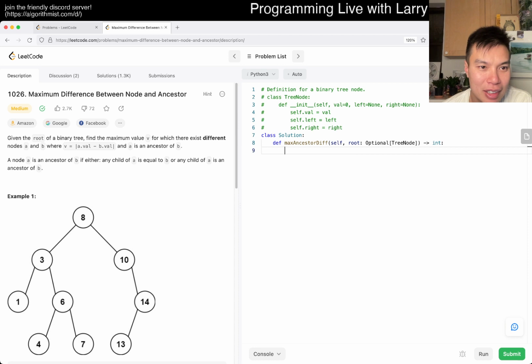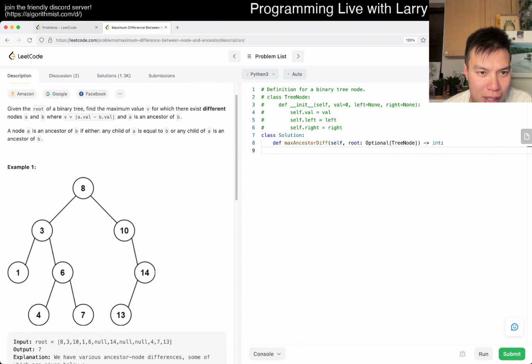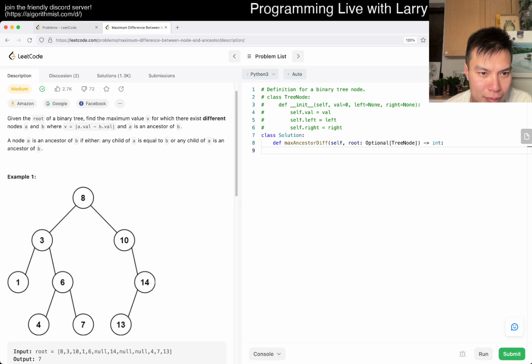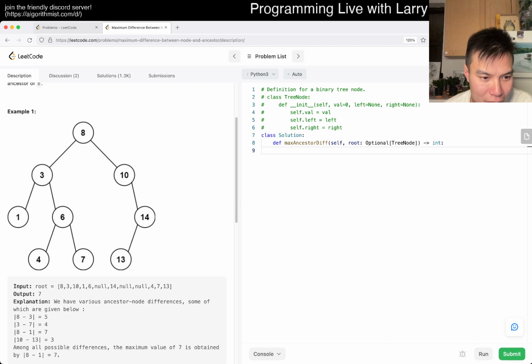What are we doing? Maximum difference between node and ancestor. Okay, so given a root of a tree, find the maximum value v, for which there exist different nodes A and B such that v is equal to the absolute difference of A dot value and B dot value, and A is an ancestor of B. So basically, given this root,